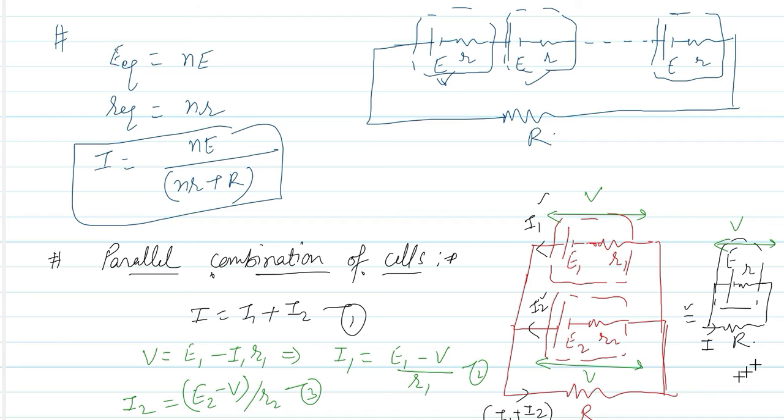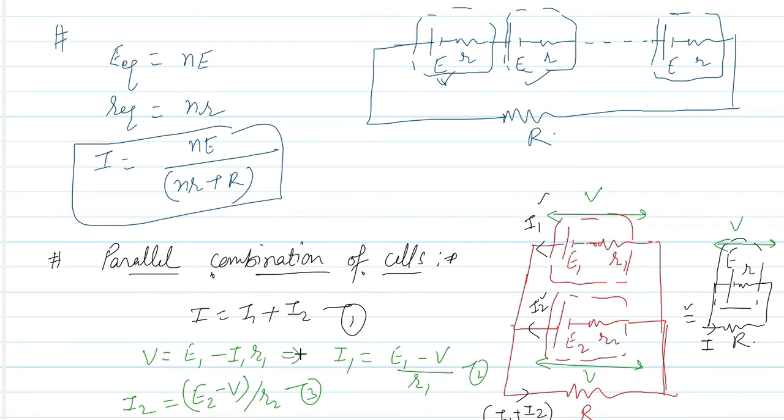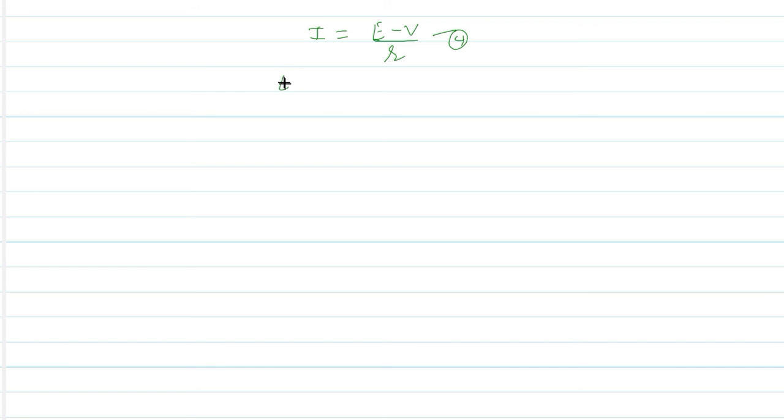I am going to write the equation for the current coming out of this equivalent circuit. Okay, so again if you write for the equivalent circuit, you will write current like this, I equals E minus V by small r, right students? Now this is suppose the fourth equation. Now what we should do, we should put the values of I1 and I2 and the value of I from these three equations 2, 3 and 4 in equation 1, right students? So just substitute in equation 1 all these values from equations 2, 3 and 4, right?